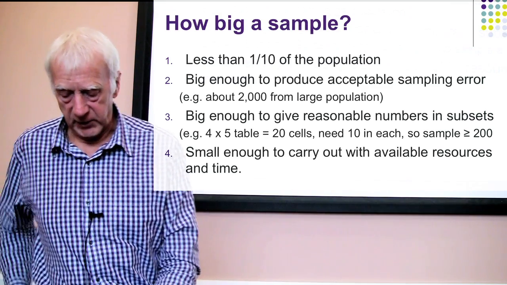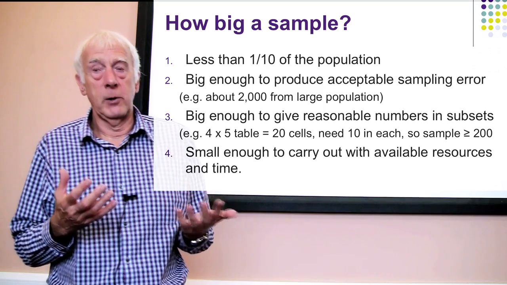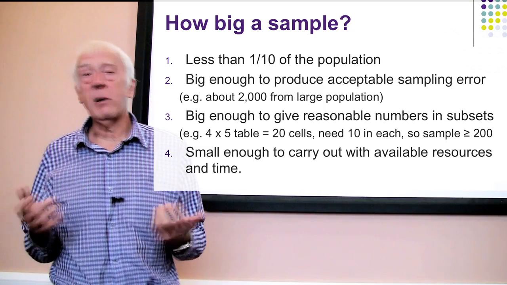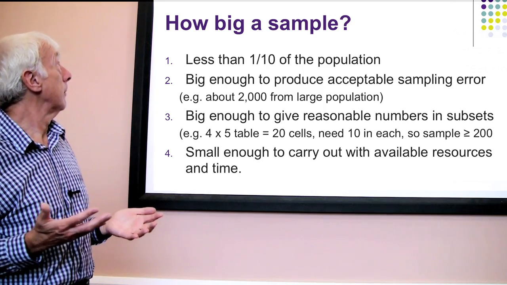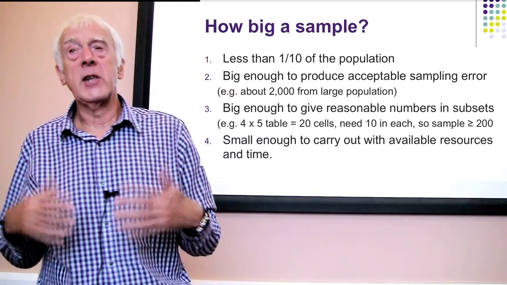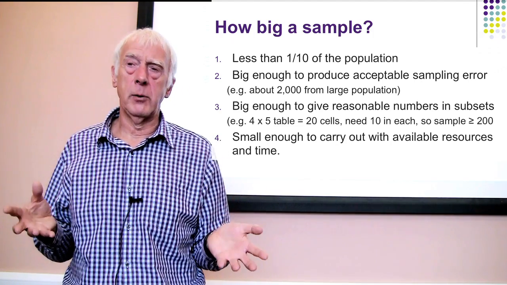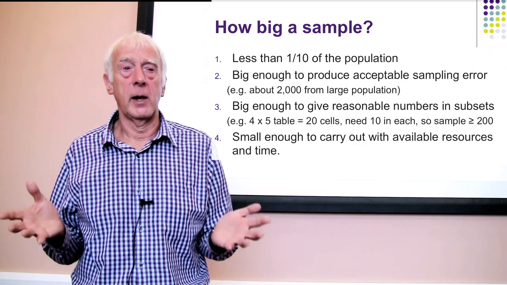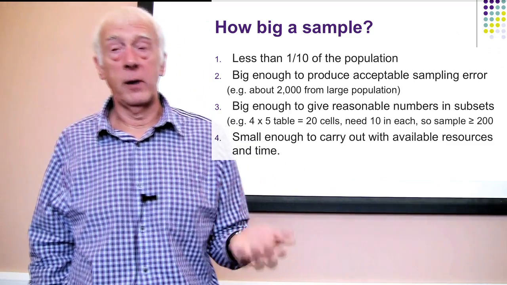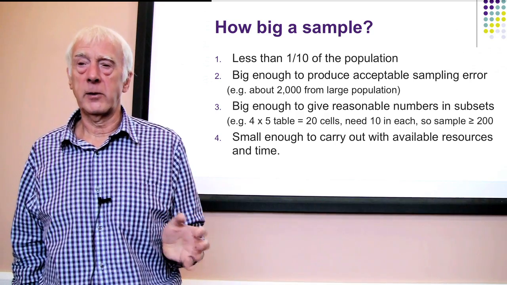Another issue is how big a sample. I mean, as I said, the sample is not the whole population, it's not 100%. So what's a good sample? Is it 10%, 5%, 90%, or whatever? Well, here's some of the criteria that you have to think about. Usually, in big populations, less than 10% is fine. So if we're talking about populations of hundreds of thousands, millions of people, then less than 10% is certainly okay. In the case of Kirklees, as I said, 250,000 people, a 10% sample would be 25,000. That's certainly by far and away enough, plenty of people in that sample.